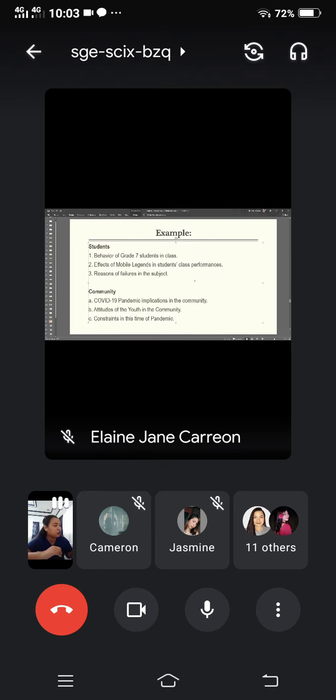Para malaman ninyo kung qualitative or quantitative. Okay? Kung oo ang sagot mo dun sa dalawang tanong na yun, therefore, it's a quantitative. Pero kung hindi, kung nahirapan kang sagutin yun, qualitative siya. At kung hindi mo pa alam, kunwari, reasons, ano ba yung mga reasons? Hindi mo pa alam eh. So, ibig sabihin, naghahanap ka pa ng mga reasons bakit nag-fail ang mga students sa subjects nila.